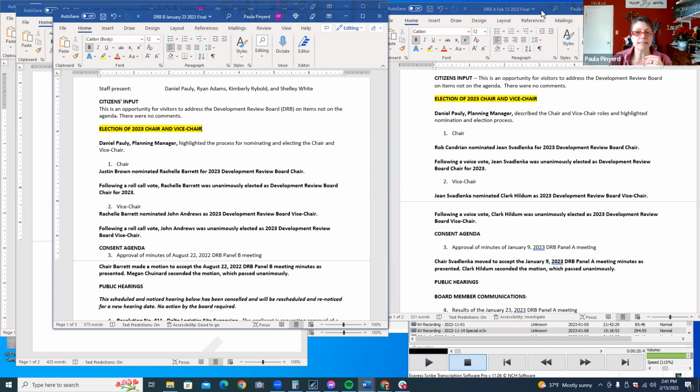In some cities, they do an actual paper vote where they'll pass out the paper. They literally, as it says, highlight the nominating and electing process for these two officers,